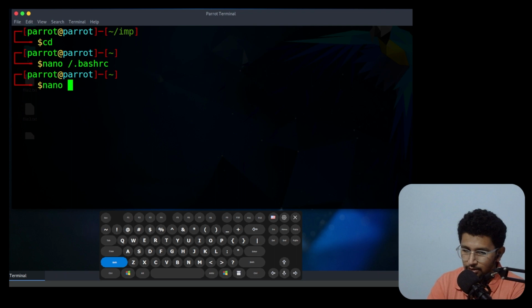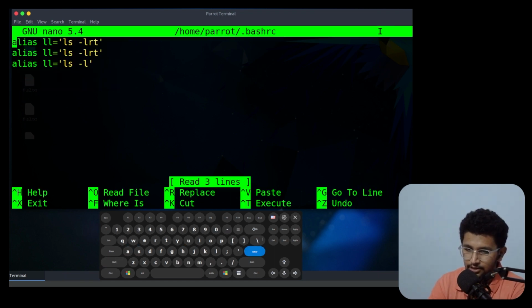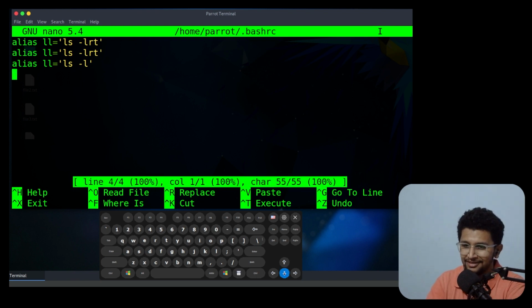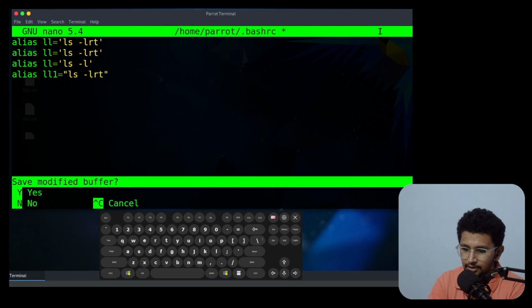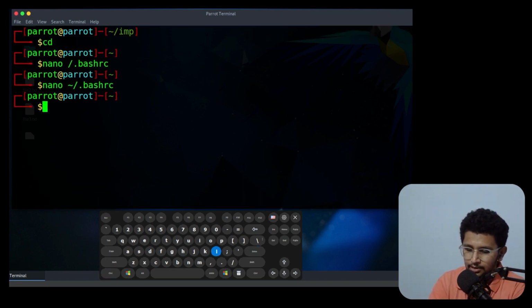Nano bashrc. Yeah, I found it. Yeah, you need to use those things. Okay, alias ll1 I'll take is equal to double quotes ls -lrt, and I can save it and execute it, then